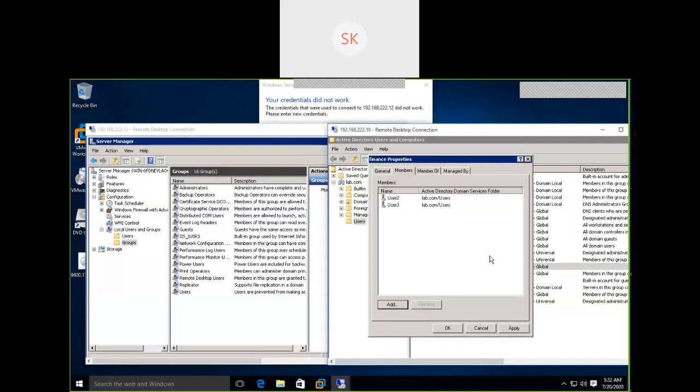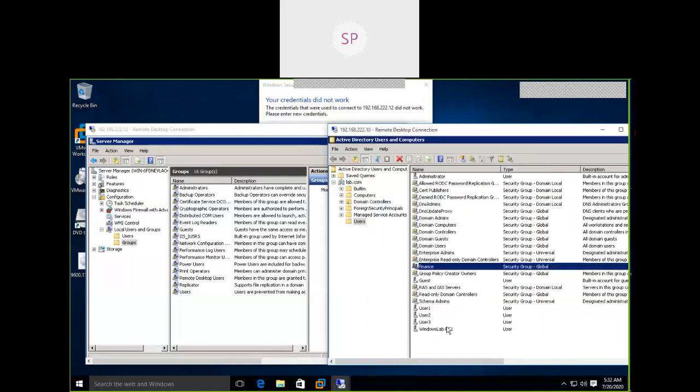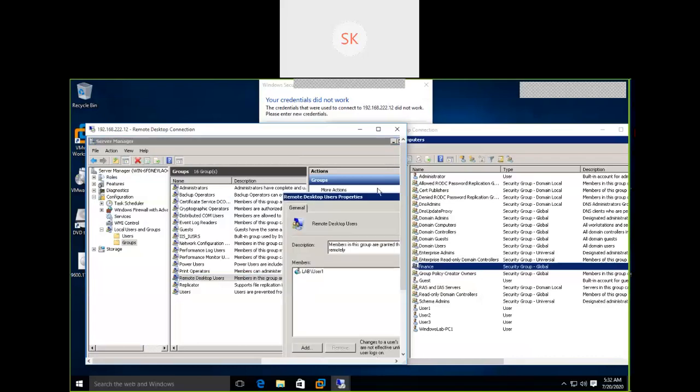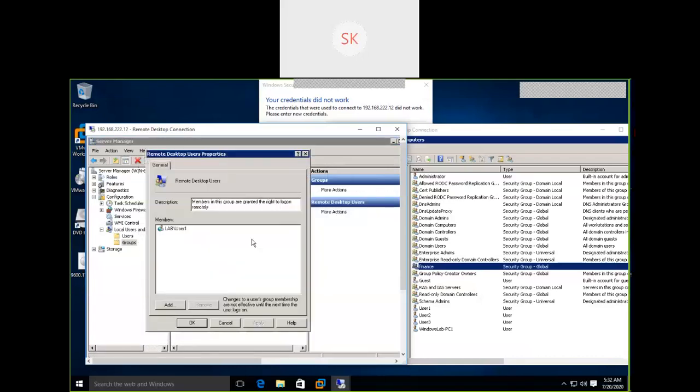Okay, click OK. Go to this particular server, the member server. Okay, click on remote desktop users. Previously only a domain user was added to this particular local group.